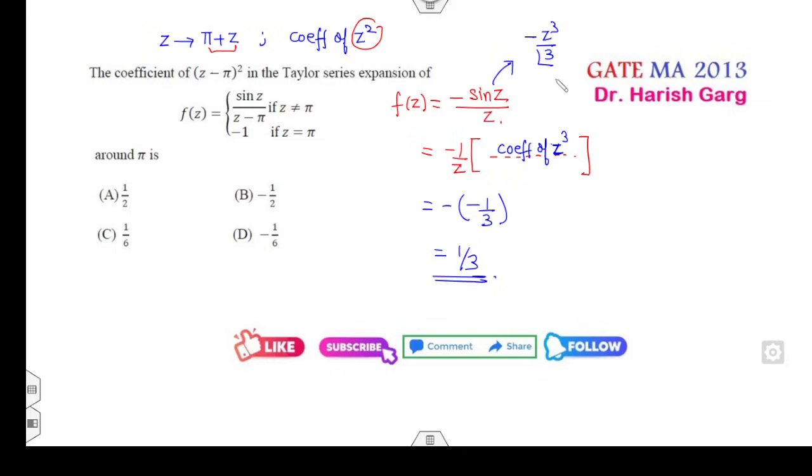No, so sorry, 1 over 3 factorial, so 1 over 3 factorial is 3 into 2 into 1, 1 over 6, C is the right answer of the problem,